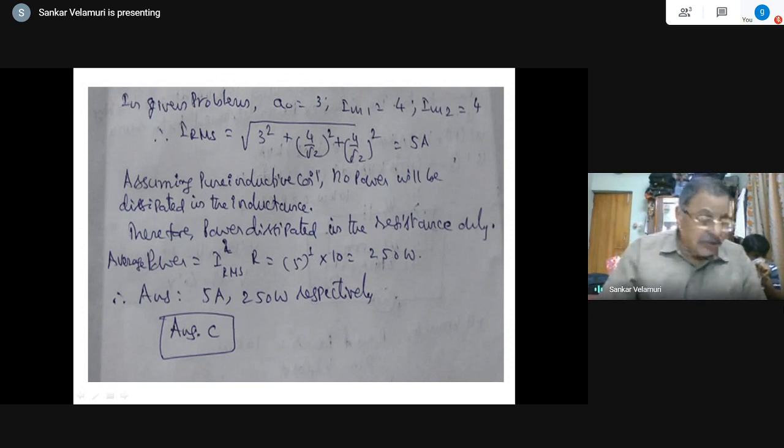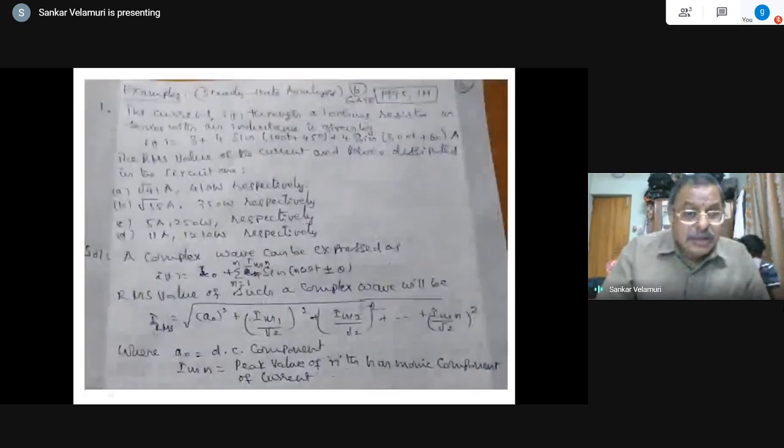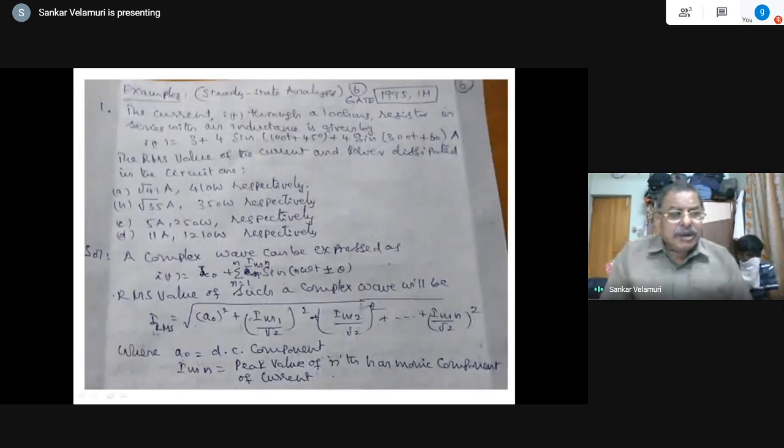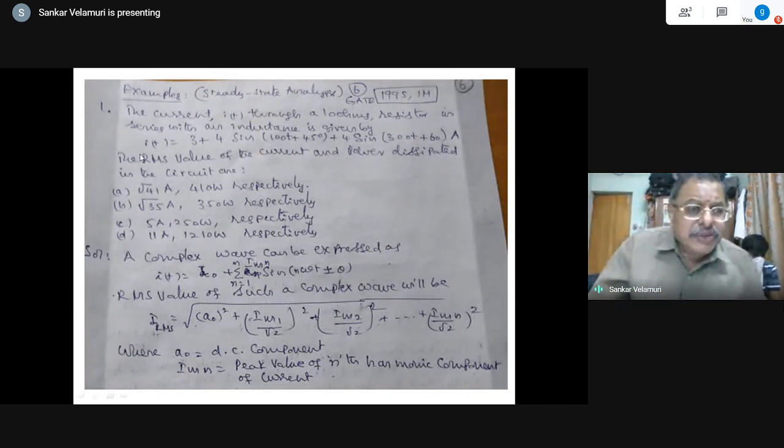The answer is C. On the face of it, it may seem to be complex, but you have to understand there are so many small issues in this. This is the DC component, the zero frequency component; this is the fundamental peak component, this is the phase angle, and omega is equal to 300 here, and omega is equal to 100 here. So the fundamental component has omega equal to 100, the third harmonic component has 300, all those things are there. But all this data is not necessary. What we need to identify is I0, Im1, Im2, etc.